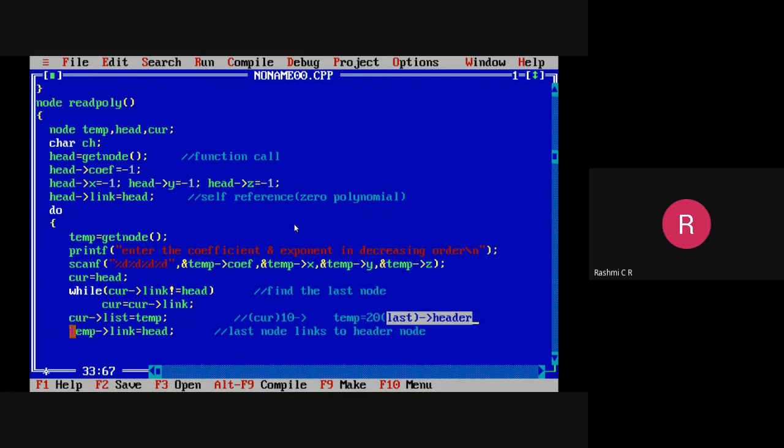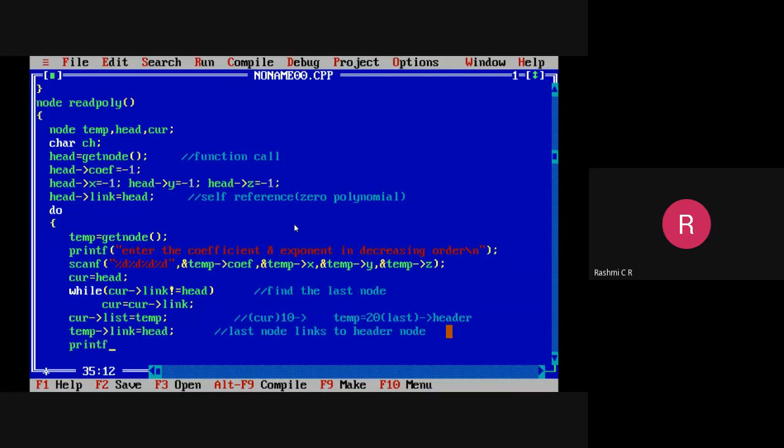Hence, temp is the new node and its link is pointing to header node, because that is my last node. The last node link now points to the header node, which creates the circular list. So this is the complete implementation of reading a polynomial and also appending that to header node and making it a circular list.